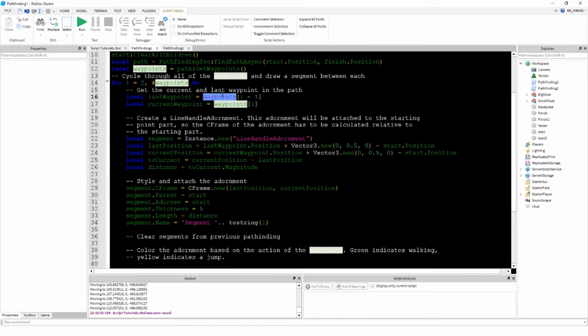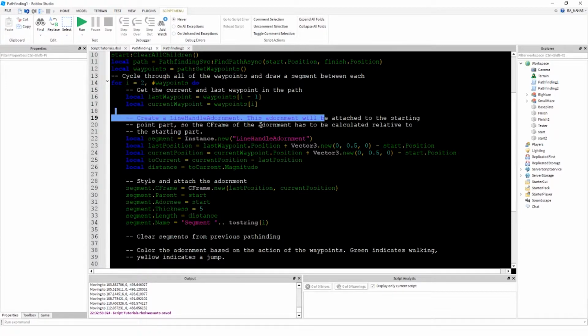So all the waypoints, and we index it, and it's i equals 2 first, and then we make it i - 1, so i would be 1, then i would be 2, and so on, right? Then we have current waypoint, that is just waypoints[i], right? So it would be just the regular i, which first is 2, then is 3 and 4 and so on, right? And then we will create this line handle adornment, that is just a line,